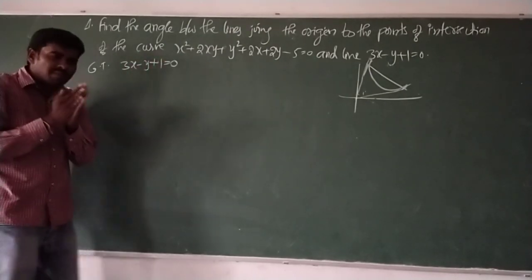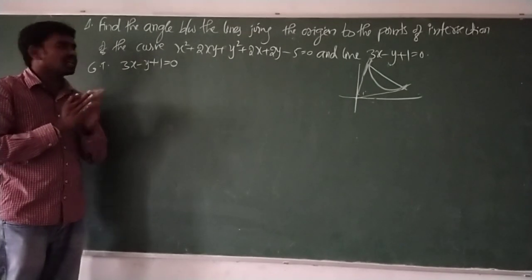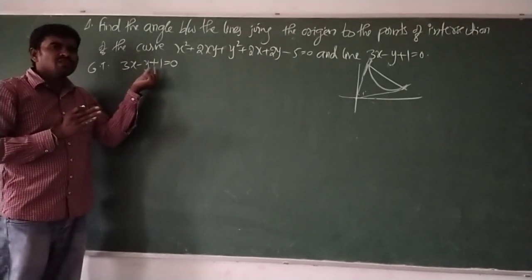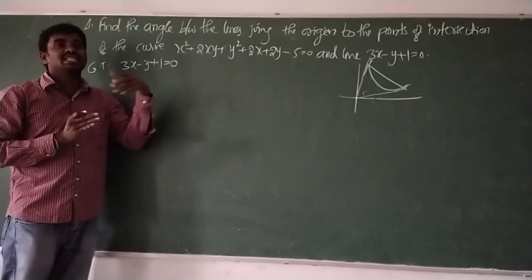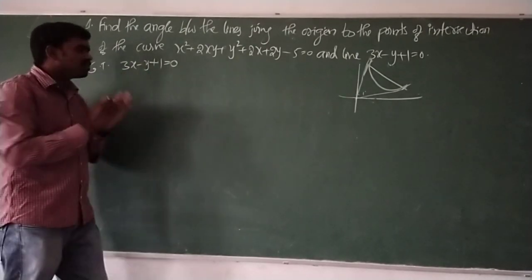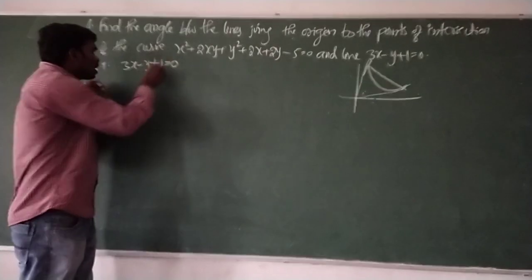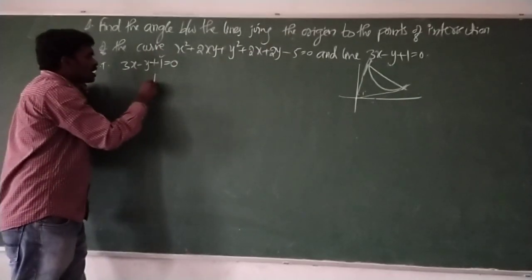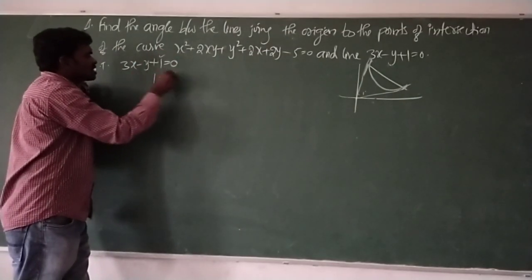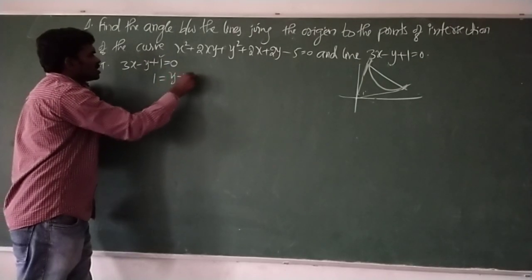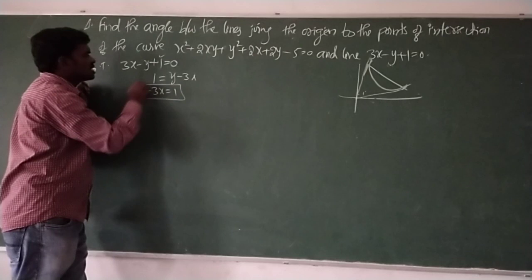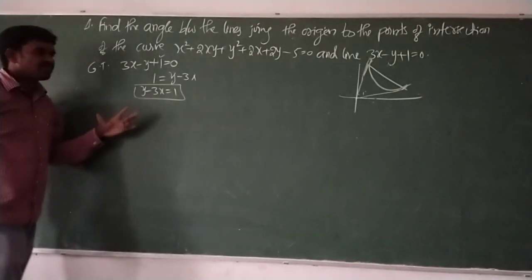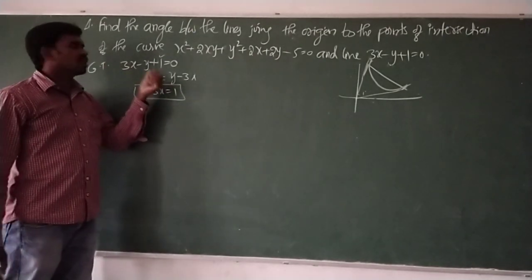Just remember, this is the most important thing. Compulsory, we should express that the equation is equal to 1. Like the intercept, whatever you feel, we must write it as equal to 1. So luckily 1 is there directly, so 1 keep as it is, minus y becomes plus 1, 3x becomes minus 3x. So y minus 3x is equal to 1, or 1 equal to y minus 3x. Keep it.